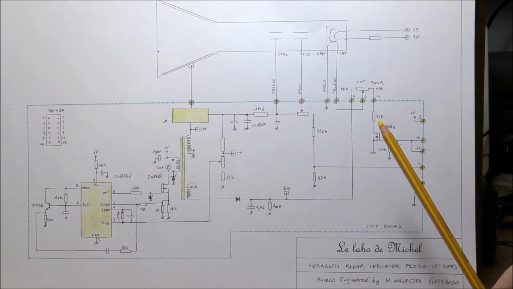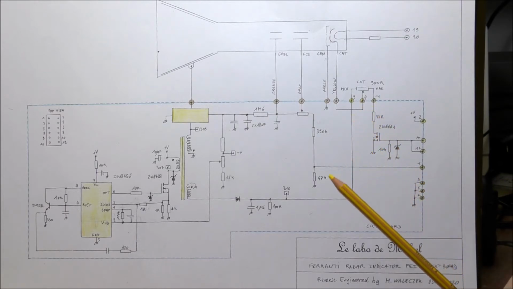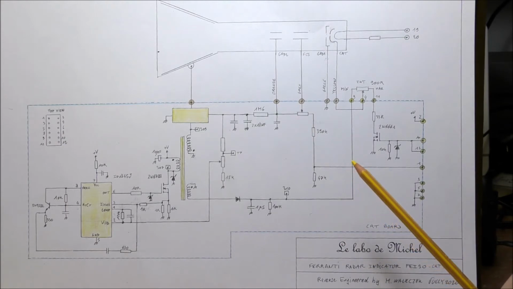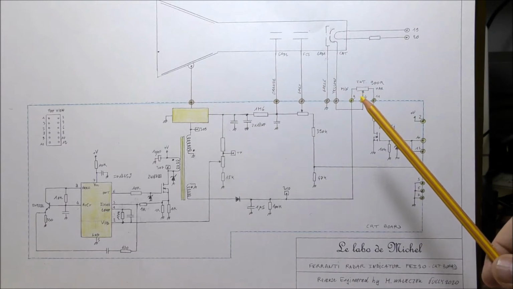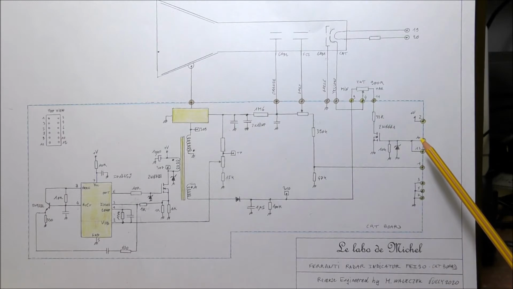When the transistor is on, this side of the potentiometer is connected to the ground through this resistor, and the other terminal is connected to 45 volt here. So the voltage between the Vnelt and the cathode can be adjusted using this intensity potentiometer from 0 to minus 45 volt, which permits to adjust the luminosity of the CRT. This signal is actually the video signal, so it permits to display the characters and pictograms and something like that. So it is not just an on-off command of the luminosity.